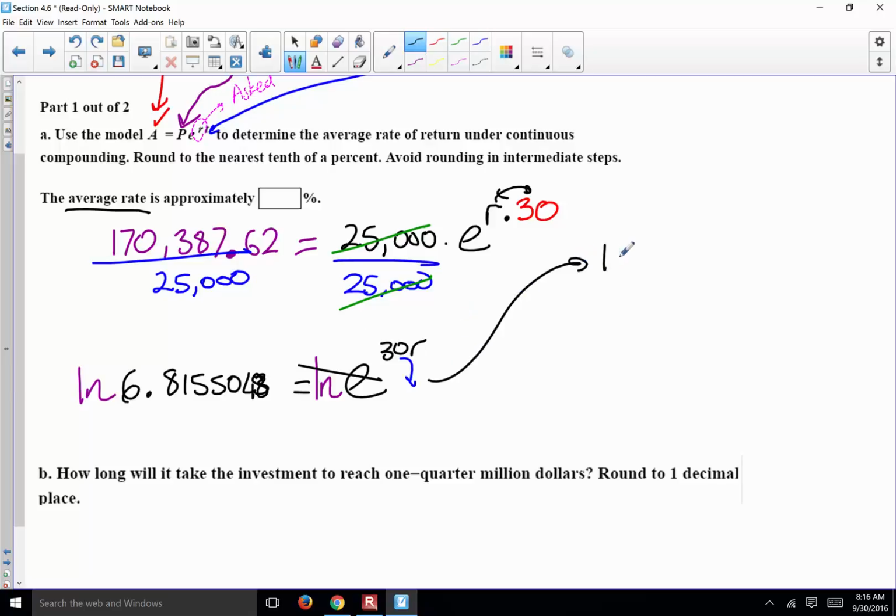This is ln of 6.8. No, don't compute that yet, because we are going to divide it by 30. These two cancel, remember? And 30R is on the base. Just compute this divided by 30 and it will be R, which will be